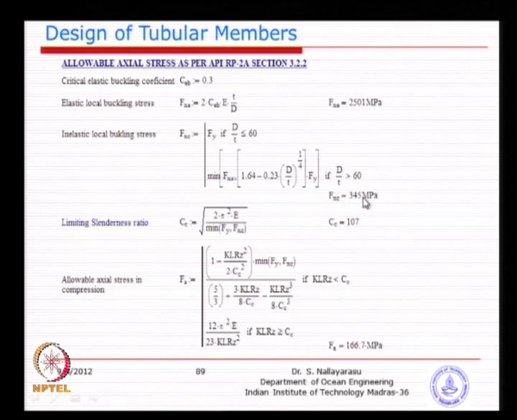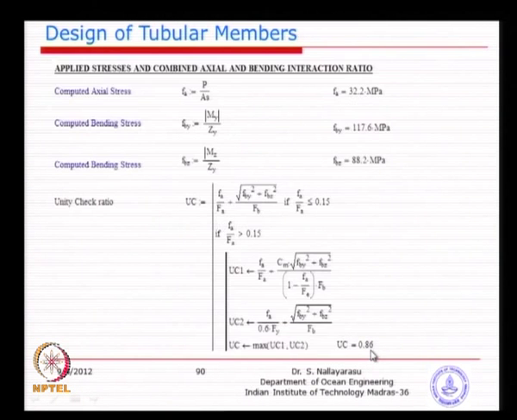And basically find out the limiting slenderness ratio, which again you see here at the bottom in the formula it may not be there, but in here I have selected to put the comparison between the buckling stress and the yield stress, so that if the buckling stress is smaller, then automatically it will be taken, and then calculate the allowable stress after this, which comes to be 166, and then you go for applied stresses. I think you have the applied axial stress, load divided by area, and then computed bending stress for x and y directions or y and z directions.